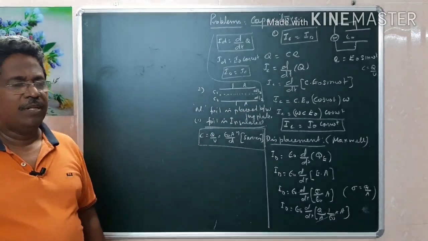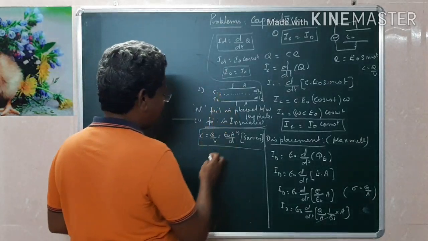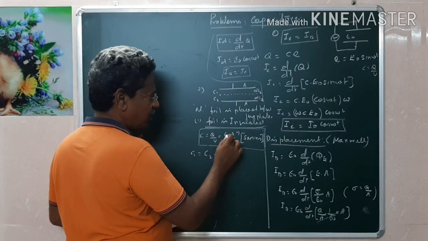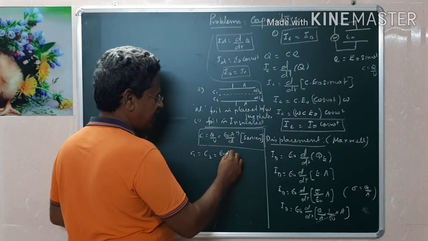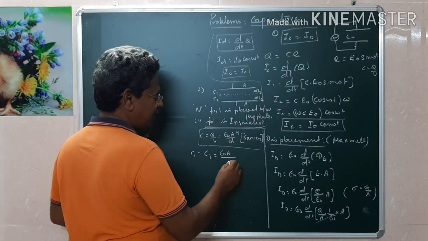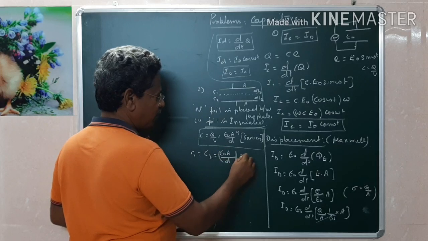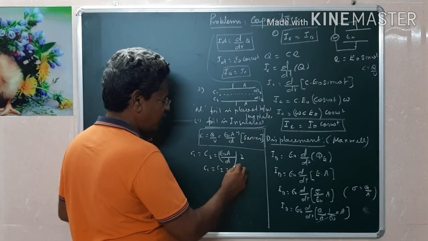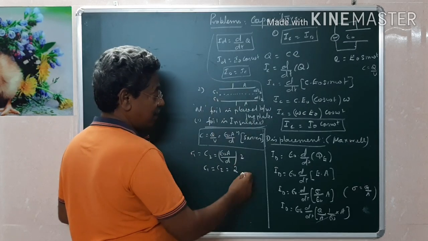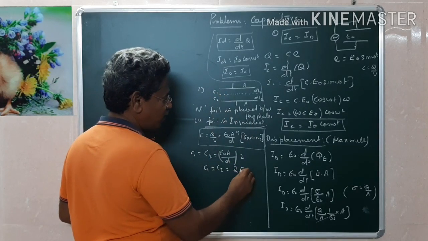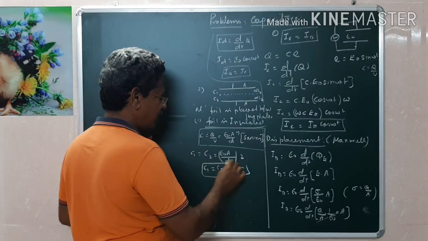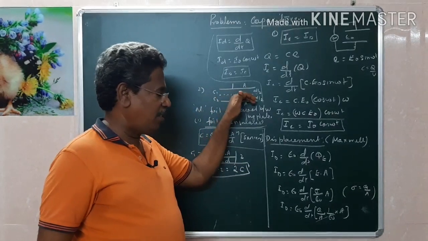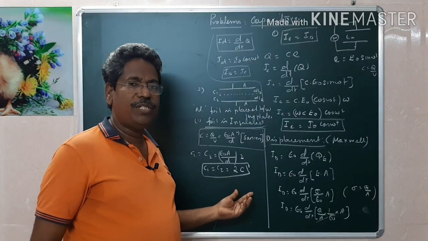First we will find C1 and C2; both are equal. We are using the formula epsilon naught A by d, but instead of d it is d by 2, therefore multiplied by 2. Then we can say that C1 is equal to C2, which is 2 times the original capacitance. The original capacitance, before the foil is introduced, is C, so this is 2C. Therefore, with the introduction of the aluminum foil, each capacitance gets doubled, 2C.